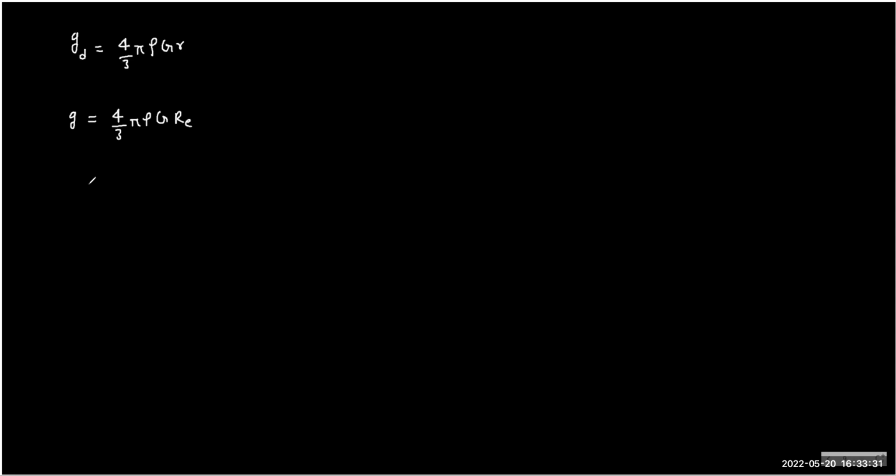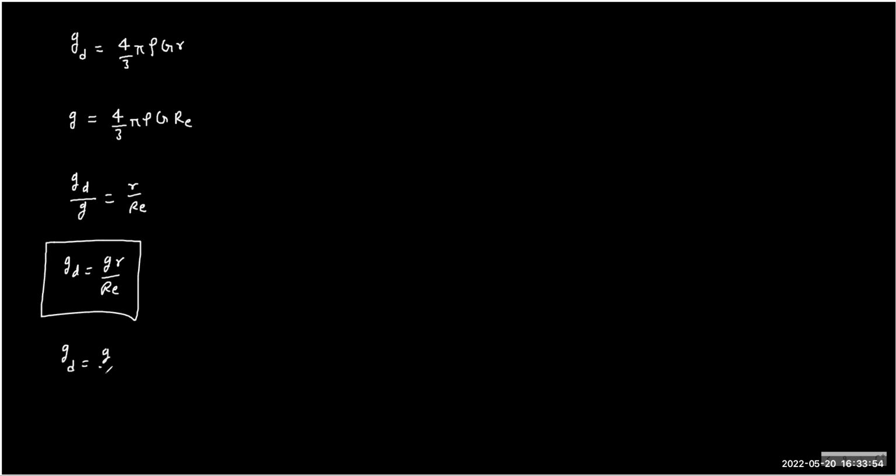So the relation is pretty simple. The g_d by g is r by R. So g_d is how much? Simple. At any depth, but we are looking the answer in terms of depth, not the radius, right? What is r? R_E minus d. The formula is simple. 1 minus d by R_E. Simple formula, right? Yes, sir.